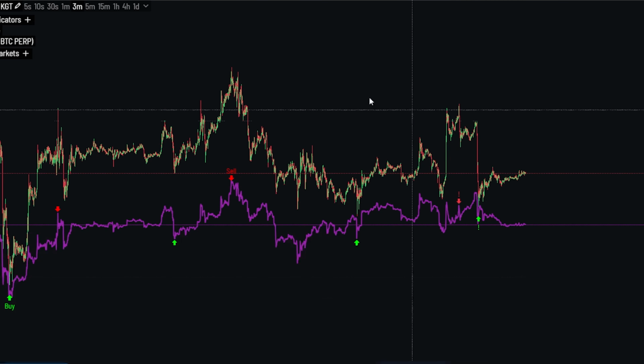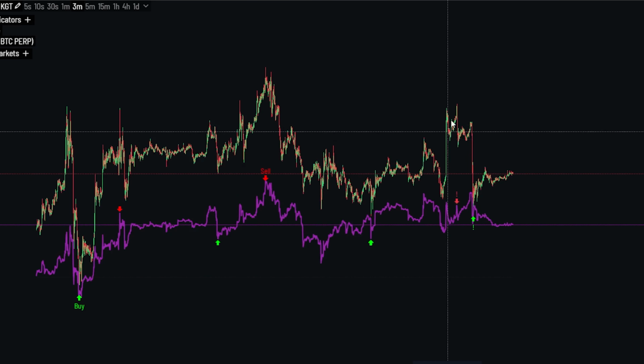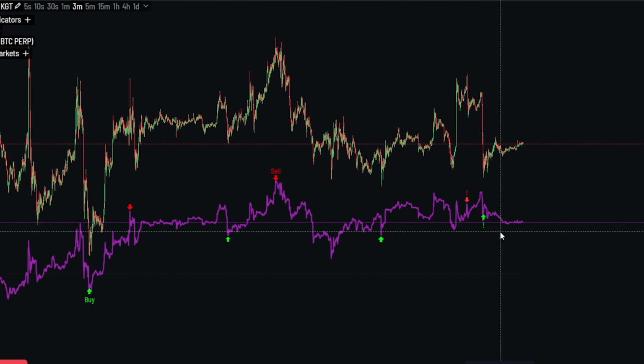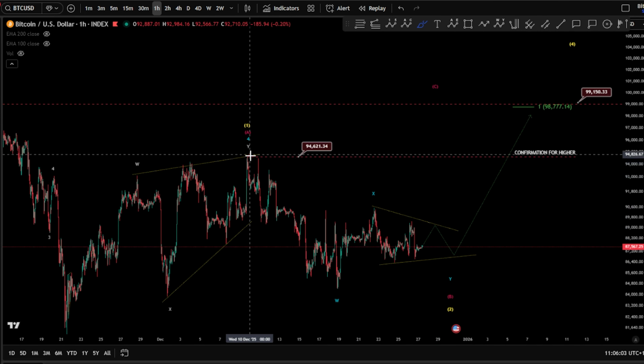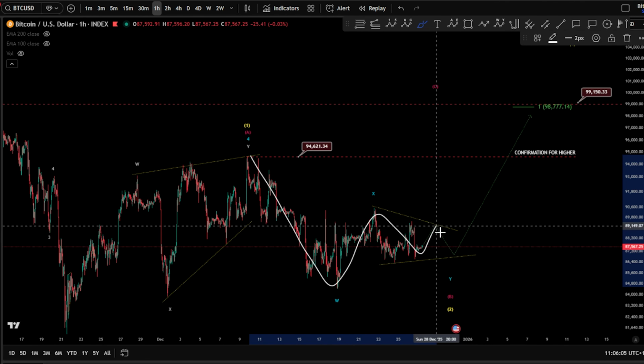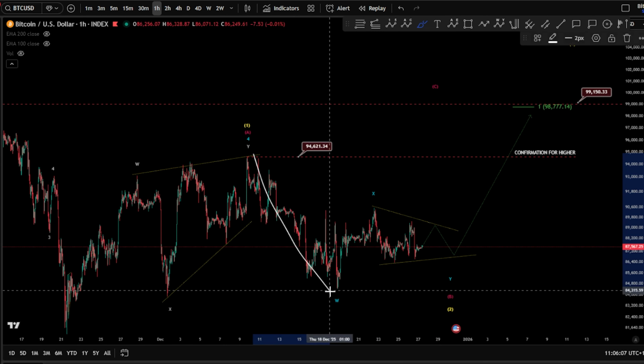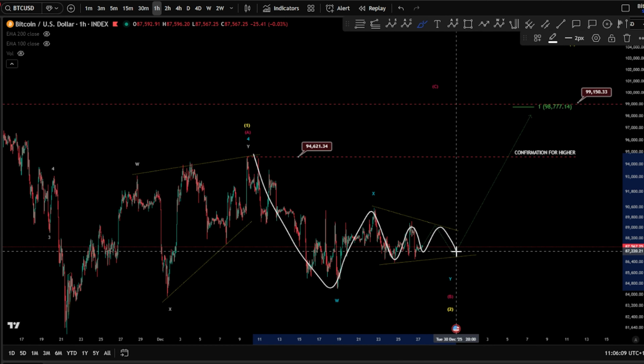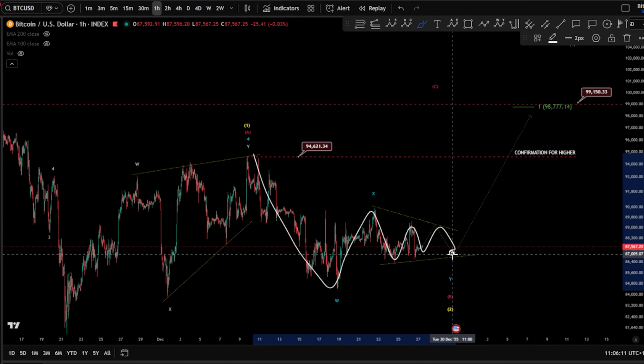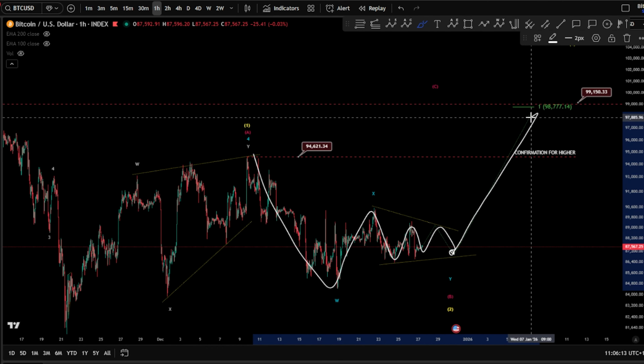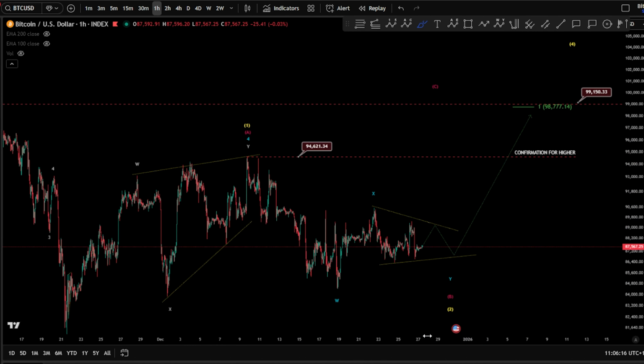And of course on the 3-minute chart, you see a convergence here, but also you see that the bullish signals are very strong as well. So they are countering each other, and of course creating a consolidation. And then once we finish, because we need a structure to be finished, which is W, X, and a Y. And this is what Elliott Wave helps us here to understand, when and what to expect next, as a triangle, and then pushing for higher later on. Yep, so these are my expectations for the deep